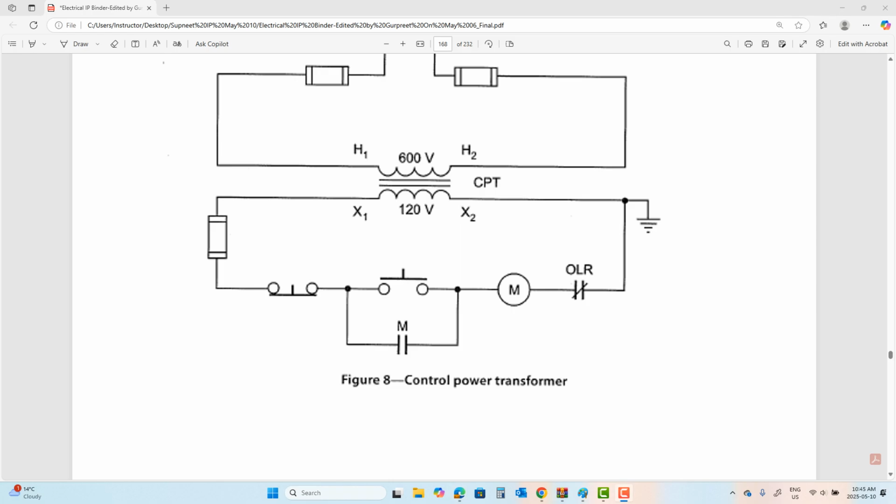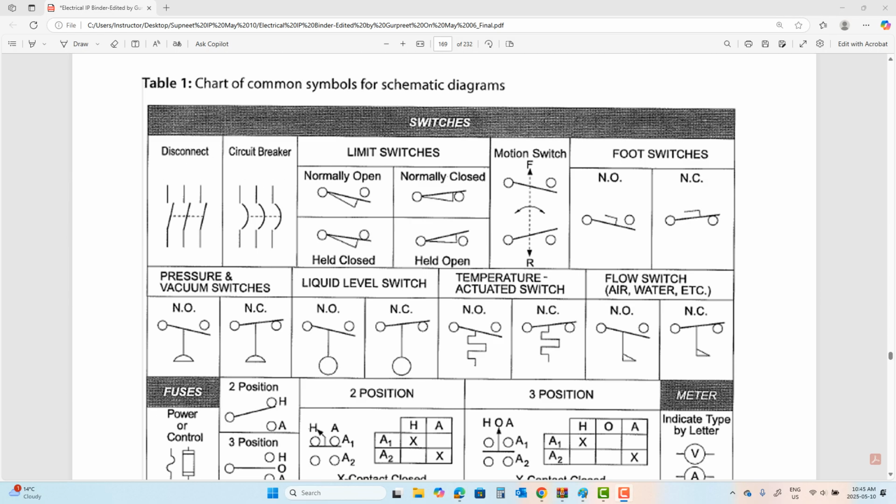Okay, so keep going. In figure 9, it talks about all the schematic symbols of the switches. Guys, this is very, very important. Memorize the symbols very clearly. I need you to pick up a highlighter and highlight the symbol of a limit switch. Then highlight the symbol of a foot switch,